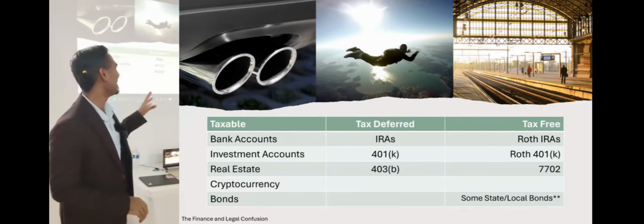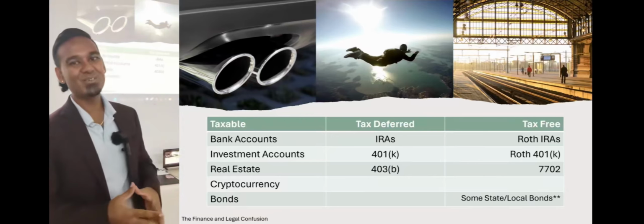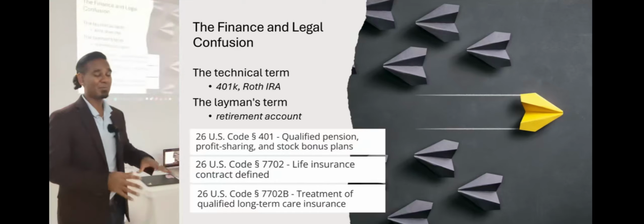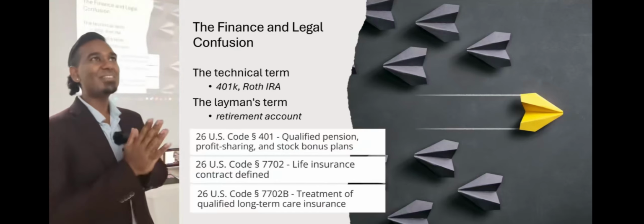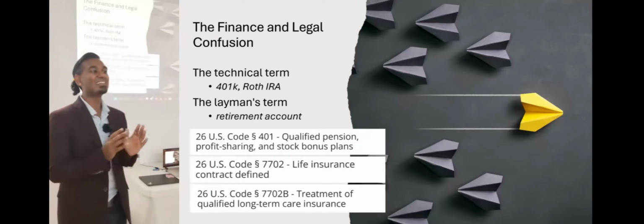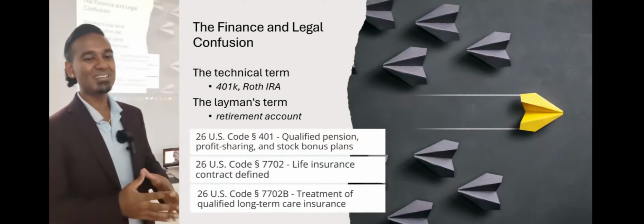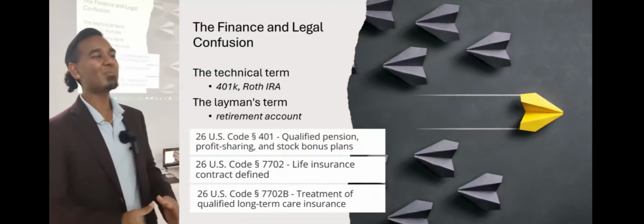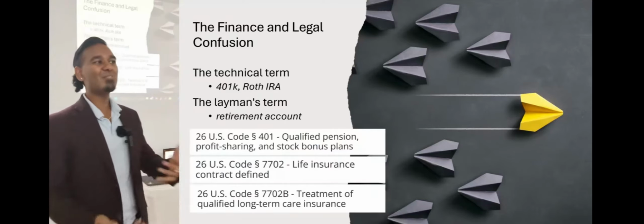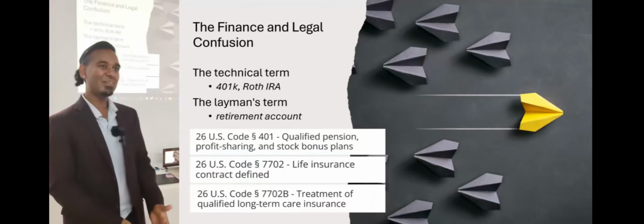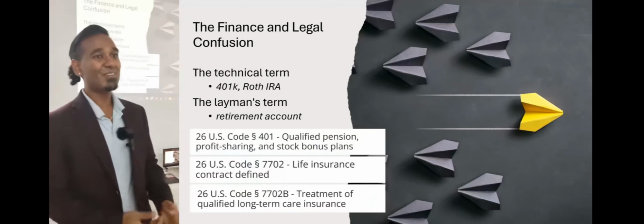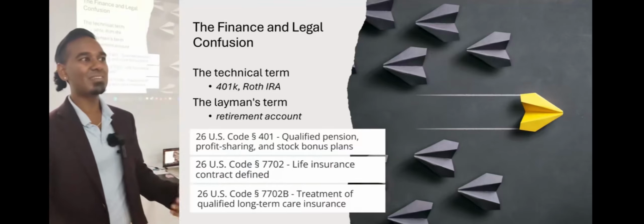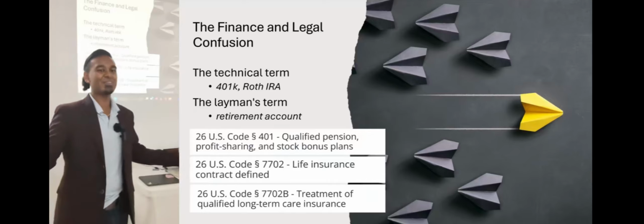Now there's a special type of account called 7702, and we're going to talk about that a little bit more. Before I bring up that type of product specifically, there's a big confusion, I feel like, that society forces us into, in the sense that there are technical terms for products and then there are layman terms for products, right? So when people talk about retirement accounts, do they really know what actual product it is under the hood? Because a retirement account's not a product. A retirement account is just a category of products. It's a term that people use to say, oh, I'm saving for retirement, right?